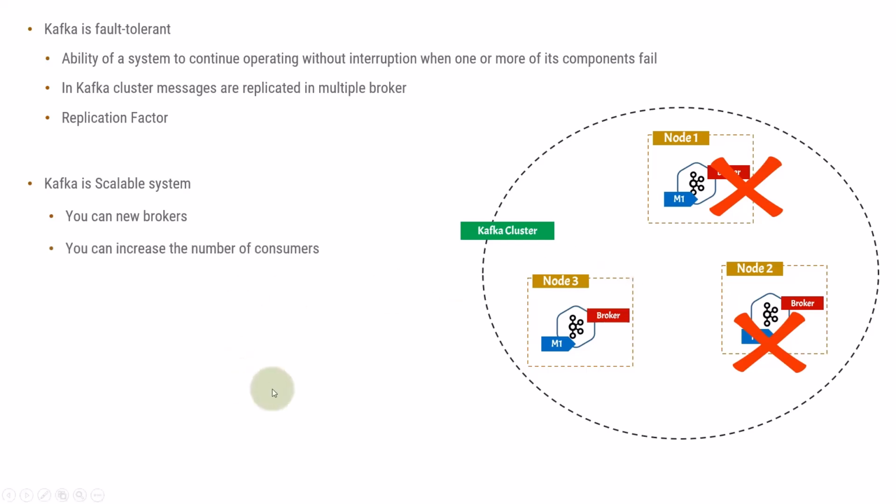You can increase the number of consumers also. Suppose you have increased the number of brokers, so you can push more messages by increasing the partitions, which we'll see later on, but you can also increase the consumption of the messages by increasing the number of consumers. You can make the Kafka system scalable anytime by increasing the number of brokers and the number of consumers. This shows how important Kafka is, that you can scale it easily.